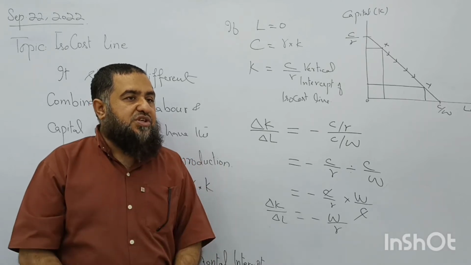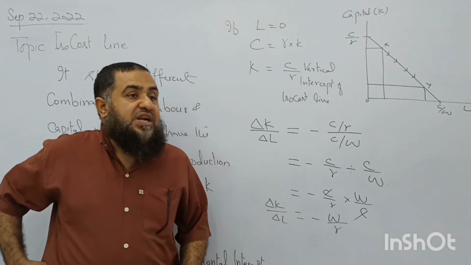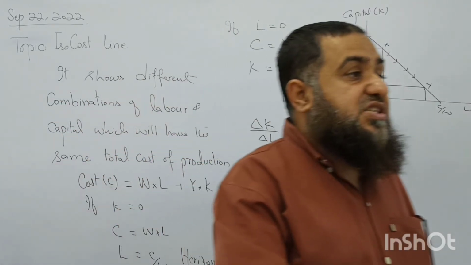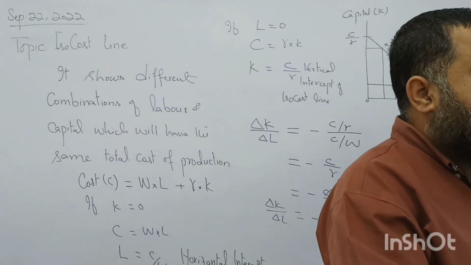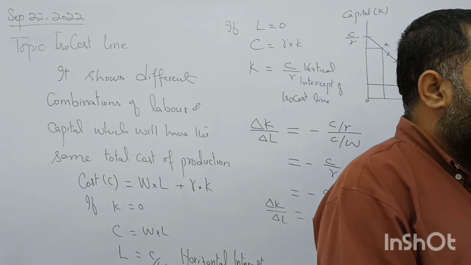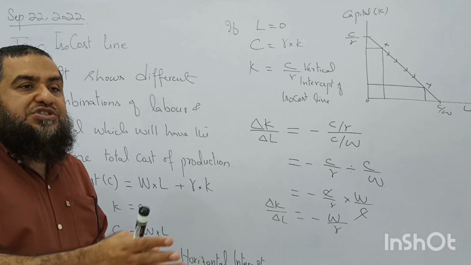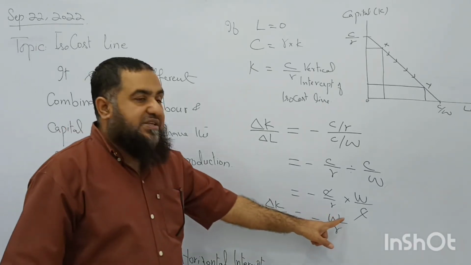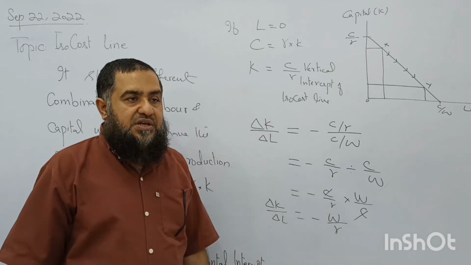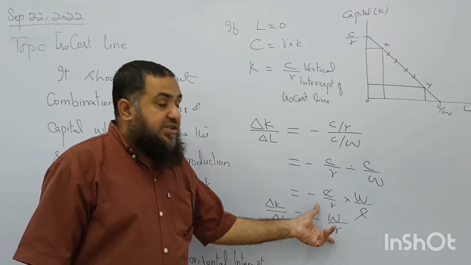If any factor of production is becoming expensive, he will choose the other one, which is relatively low price, because labor and capital are substitutable. They can be substituted with each other due to the changes in their relative prices. Clear? So demand is what? Demand shows price and quantity are inversely related. So this is the price of labor. These are the number of workers. So they are also inversely related in our law of demand. Follow my point? So this is the slope.